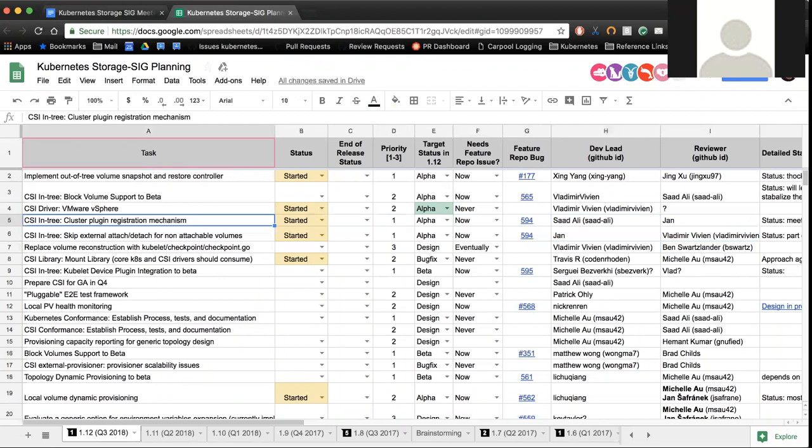The challenge today is that for those drivers that don't have an attach detach, possibly don't even have a controller, they still have to ship with a CSI external attacher that does a no-op. And for all CSI drivers today, the Kubernetes system creates a volume attachment object, and it expects this external attacher to basically no-op it if attach doesn't exist. And that adds a little bit of performance delay on volume plugins that don't implement an attach, because you essentially have this extra code running, and the mounting steps have to wait for it to complete.